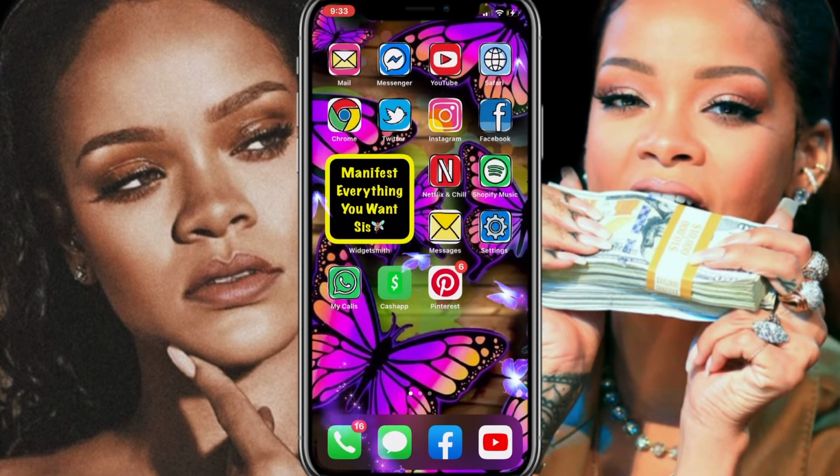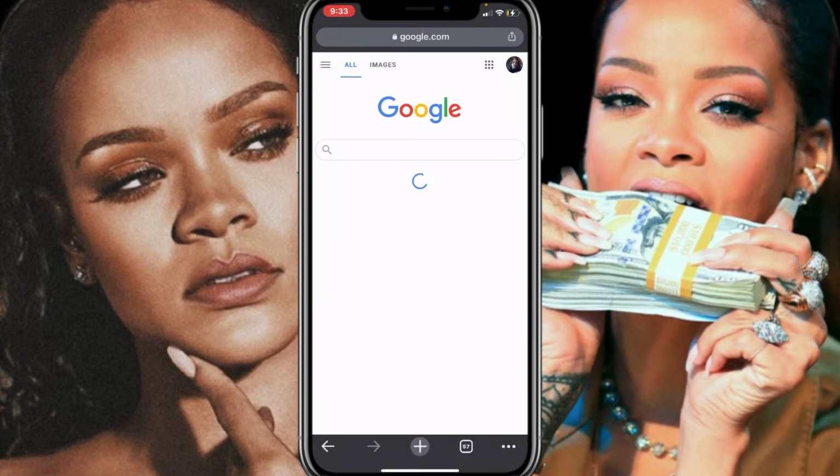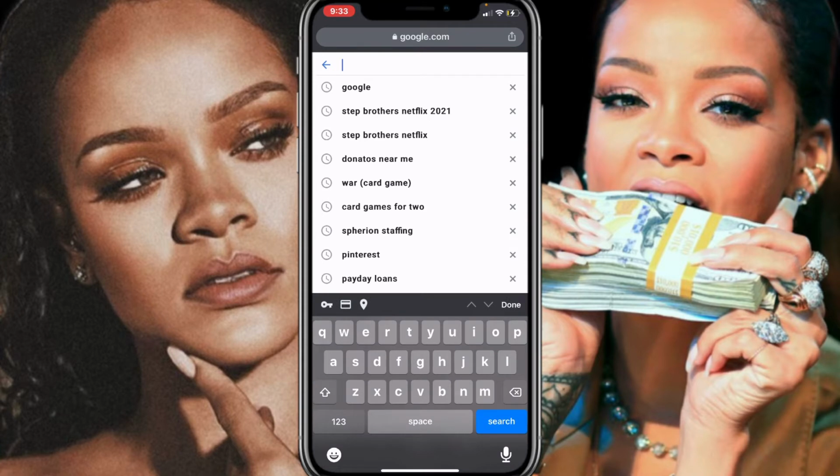But yeah, y'all, we're going to go ahead and get straight into this video. So first thing first, what you're going to need for your thumbnail is you want to make sure that you find a background. So normally you'll see people use, like, for instance, I'm going to go to Chrome. I'm going to type in Google, and I'm going to put in